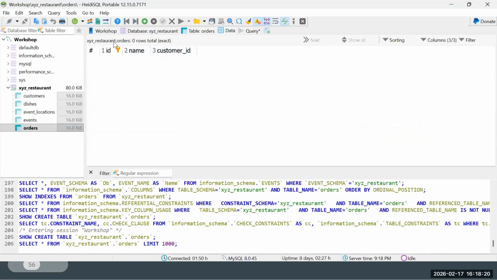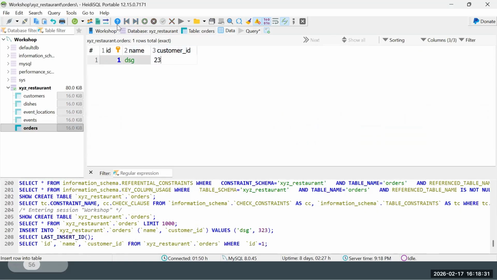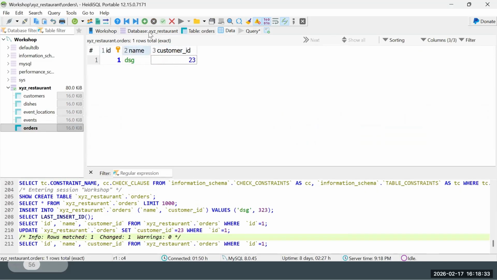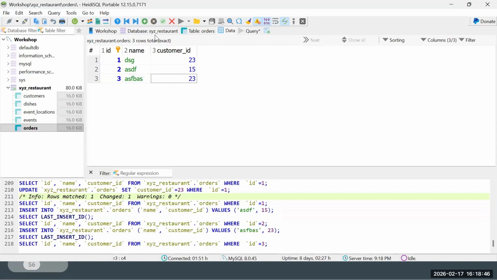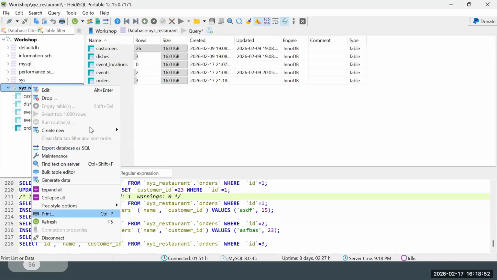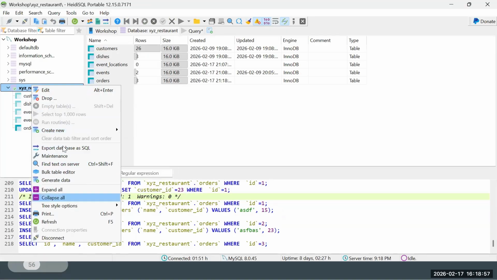All right. And let's add some records real quick. Oh, that doesn't exist. And we'll add another record. And one more. Okay. Customer number 23 put in 2 words. And we'll model our dishes join table